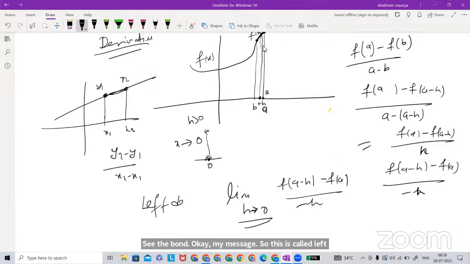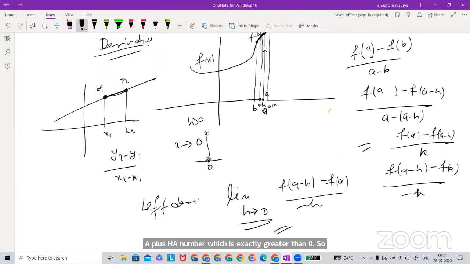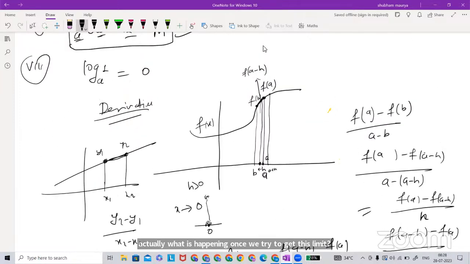Okay. Whatever we did here, see that from the left side we are doing. Similarly, we can do for the right side, a plus h, a number which is exactly greater than a. So what is happening once we try to get this limit is that this point and this point, let me make it red here, this point and this point are actually embedded. It is very close. Then whatever value you get,